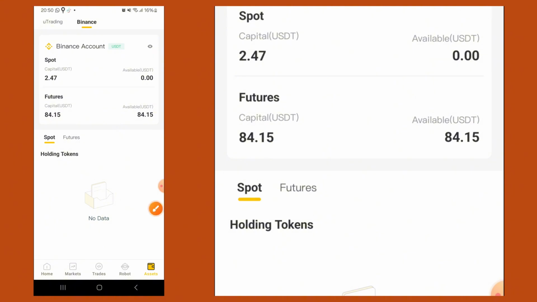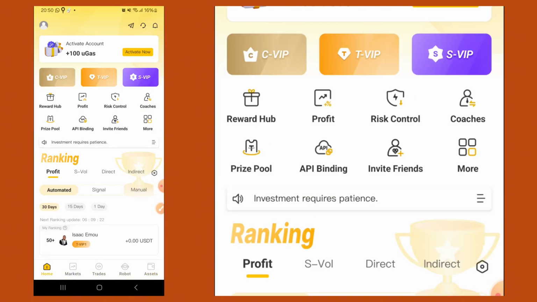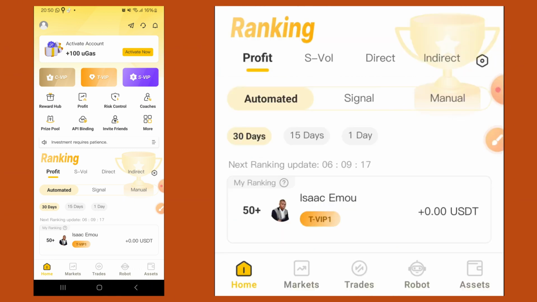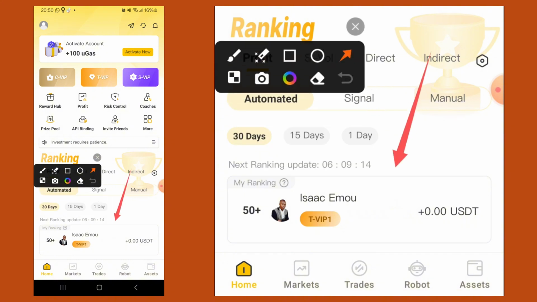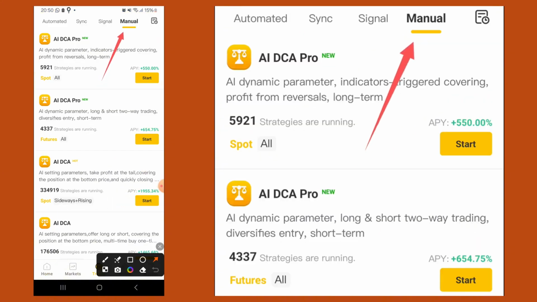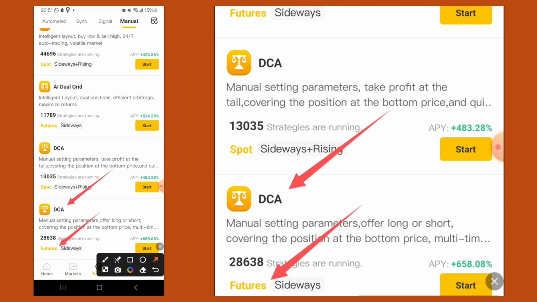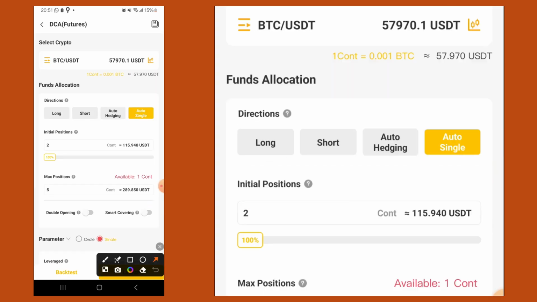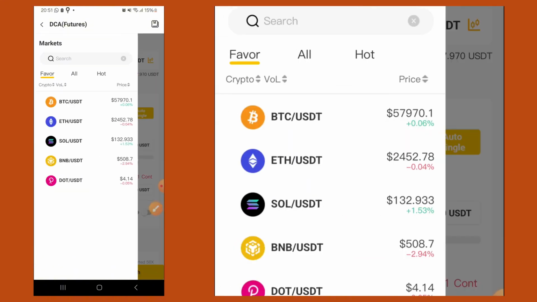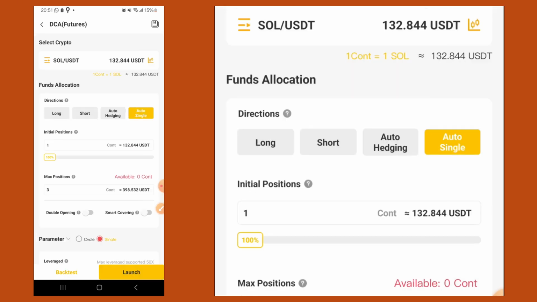As I said, first, now we have all that, so we are going to start. One, you're going to click on trade. You are going to choose manual and then select DCA setting for futures. Click start. Go to the coins and select your favorite coin. With these settings, you need to know which coin. My favorite coin is of course Solana,